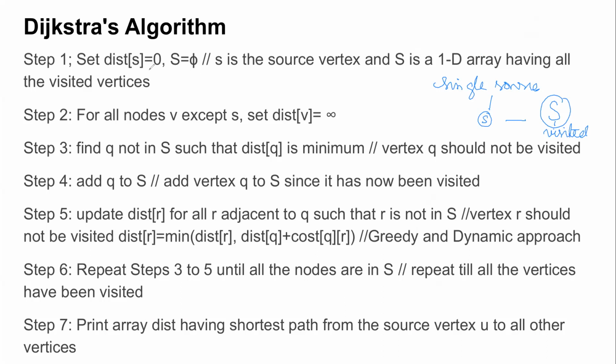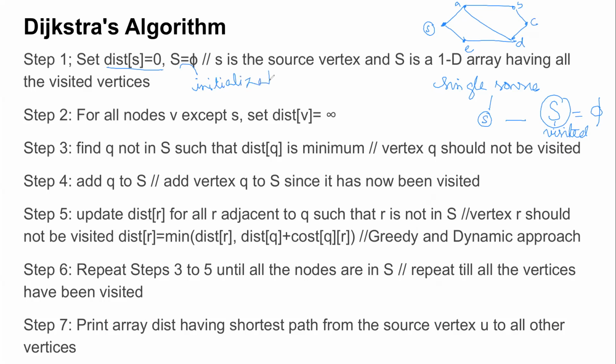Now, suppose I take a toy example. So this is A, B, C, D, and E. This is my single source shortest path. Now I need to initialize the values. What is the distance of S from itself? It's 0, so I'll assign it 0. And the visited vertices set I'll keep null because I have not visited anything. So that's step 1. This is known as your initialization step.